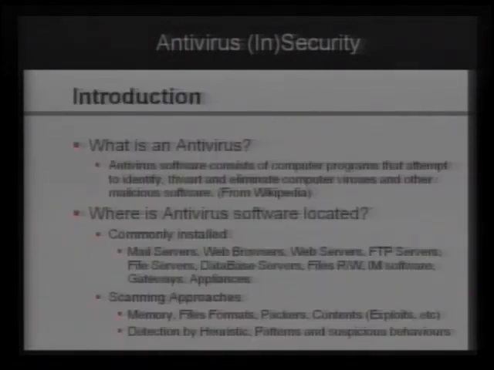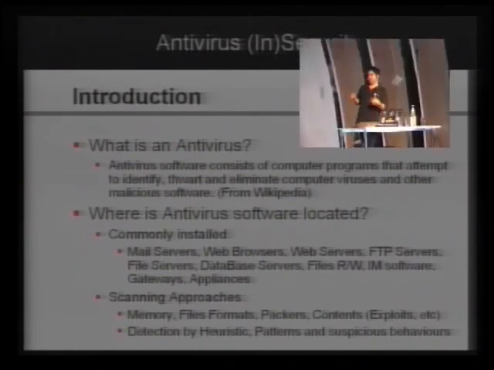So basically, what is an antivirus? A basic antivirus is software that has to detect malicious software that could be transferred by any kind of medium, or by reading or writing on the disk, or whether it's held in memory. Nowadays we can find antiviruses located in many places. They're almost everywhere, right?